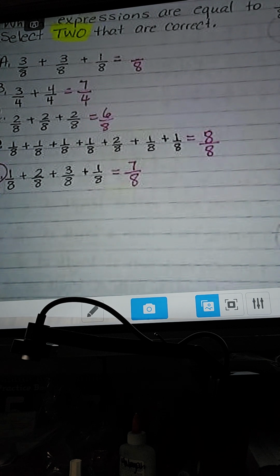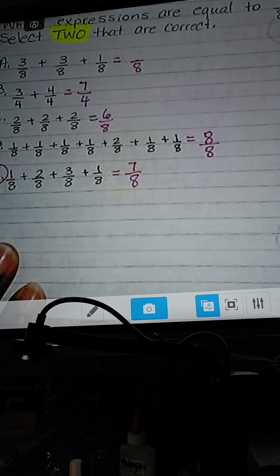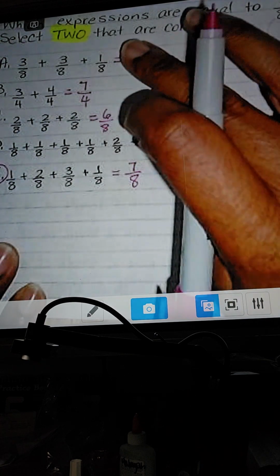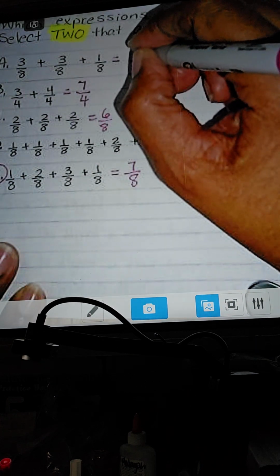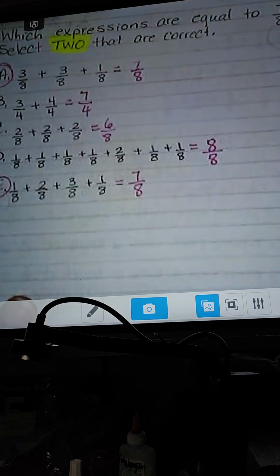Now I feel like I need to go through all those other papers and change it. But oh, I already changed it. Thank you. All right, so this is supposed to be 7/8. So the answer is supposed to be A and E, like the TV channel,